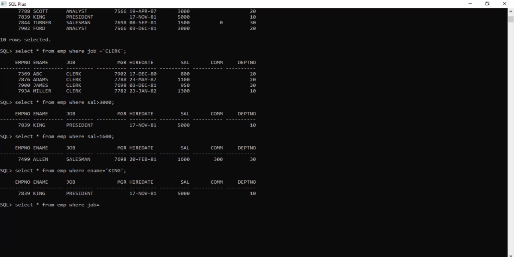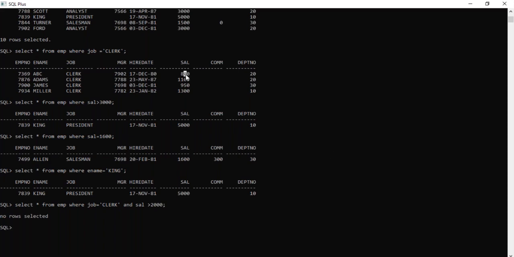I want to get who are getting salary more than 2,000 and that too clerk only. So I want to get the details of clerks who are getting more than 2000 salary. They will ask queries like this only. So now I want to get clerk first, and then from the clerks I want to get who are getting more than 2000. So how will we write?